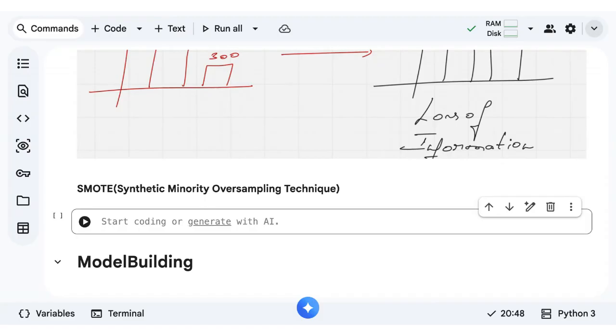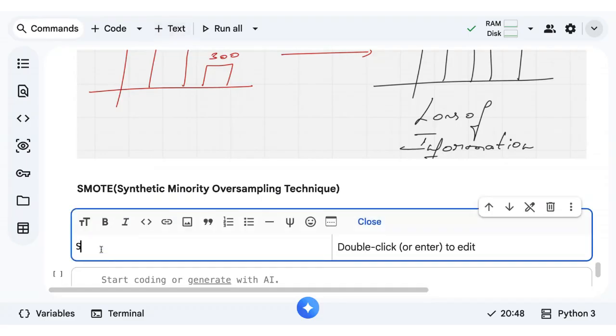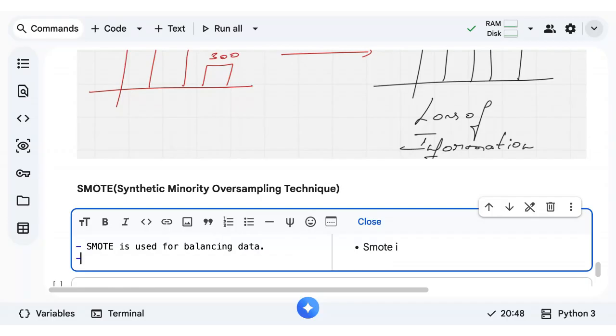SMOTE is used for balancing data, and it is one of the oversampling techniques itself.